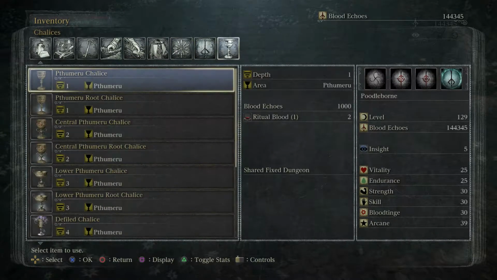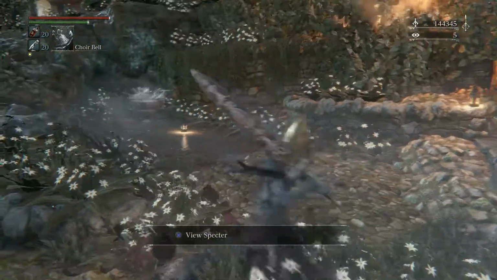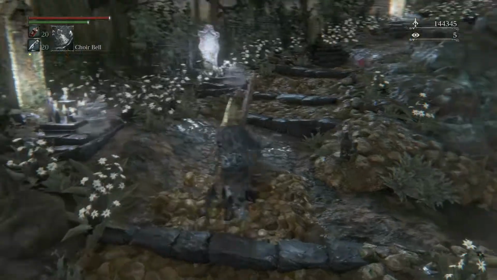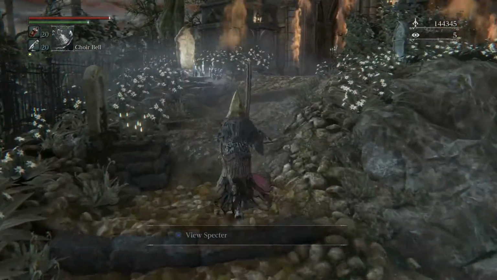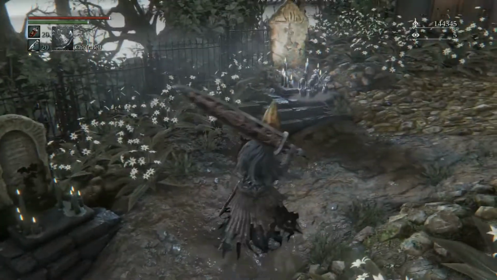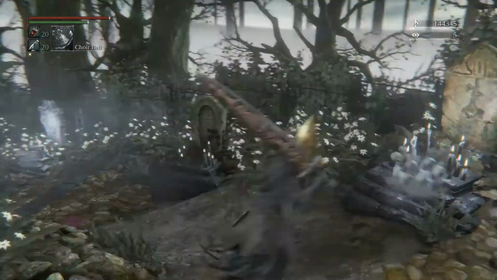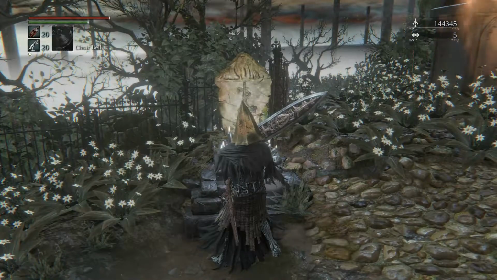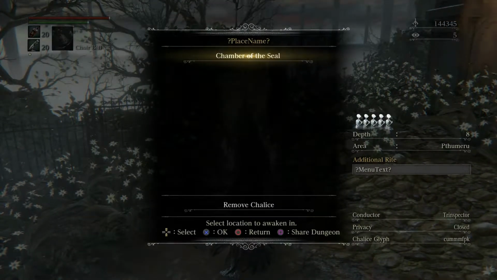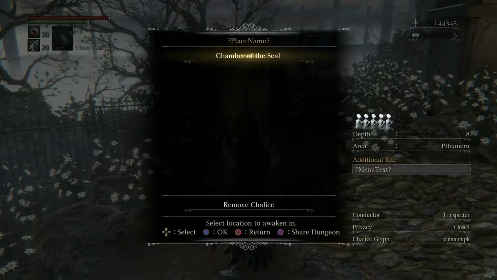And yeah, the way I got all these blood echoes is kind of a cheat, but not really. Somebody else is actually cheating, not me. I'm just taking advantage of what they did. So on this final ritual altar, I created a dungeon. Down on the bottom, Chalice Glyph,